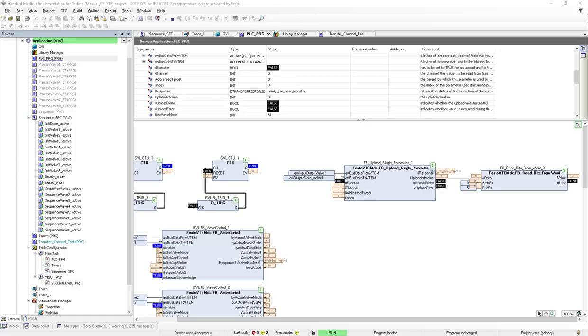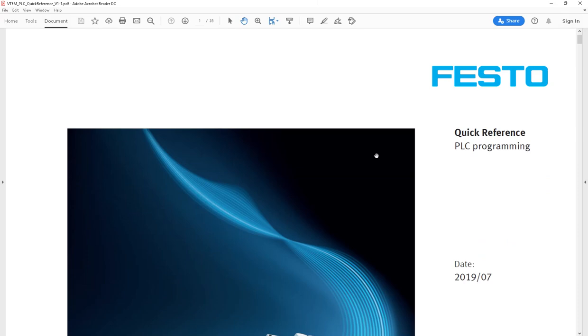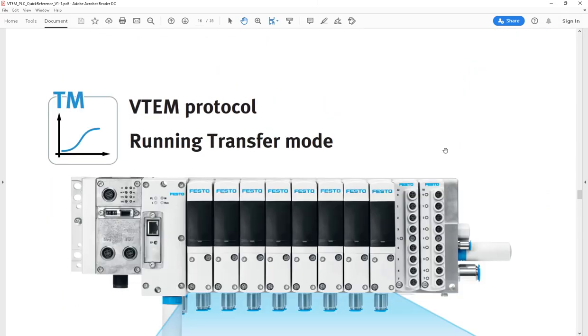So there is another document. Let me pull that up. And that document is this one that you can also download from the Festo website. This is called the PLC Programming Quick Reference, okay? Now, if we look through this document and I go all the way down to page number 16,